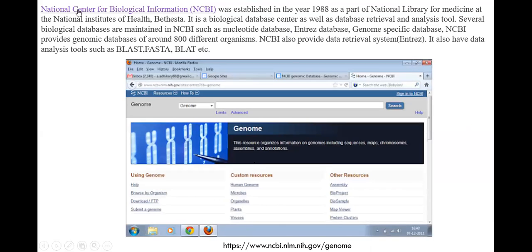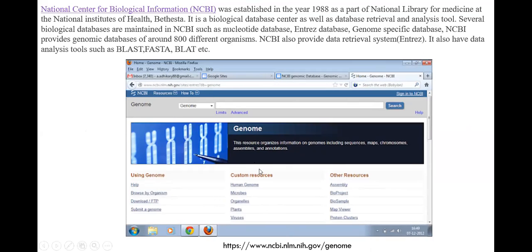In the same way, NCBI is the National Center for Biotechnology Information, established in 1988 as part of the National Institutes of Health in Bethesda. It consists of several branches. This is a conglomeration of several units of the basic information you need, for example, the nucleotide database, the Entrez database, and genome-specific databases. You can see a lot of combinations of tools through NCBI.